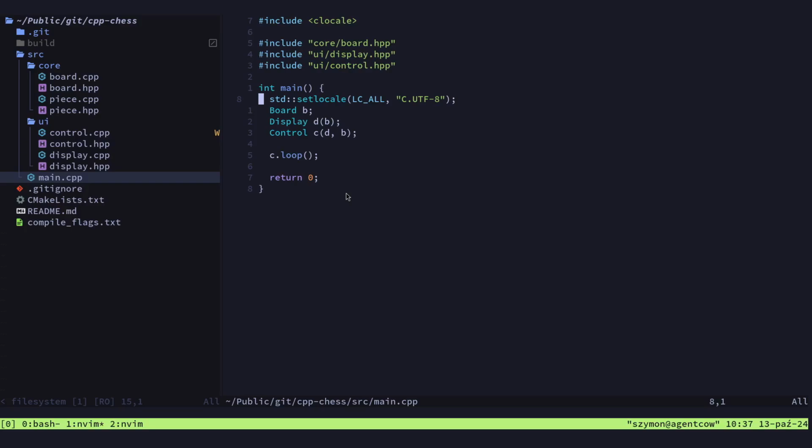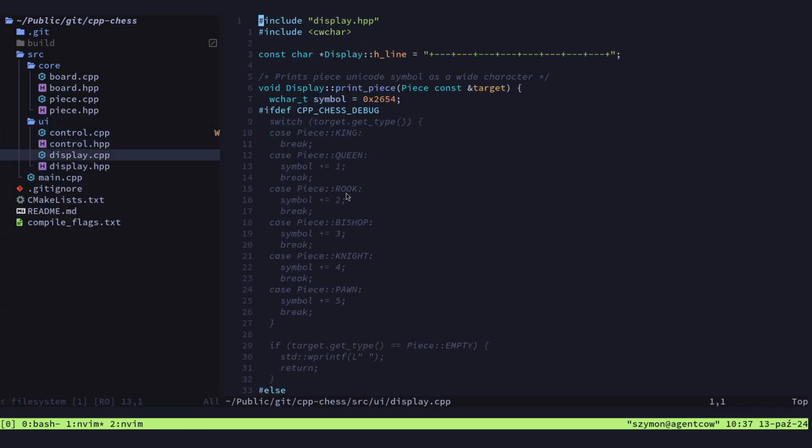We don't have to do this in Rust, which I suppose is nicer. And we will also talk about the pieces, how they are displayed. So let's go to the source code for the display. And here I use whitechar. So this is the whitechar code for